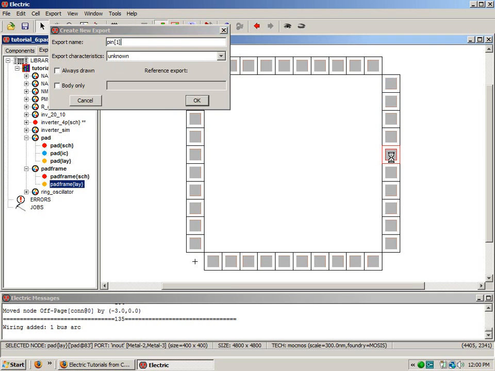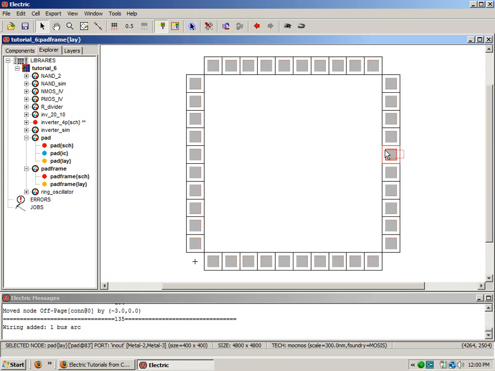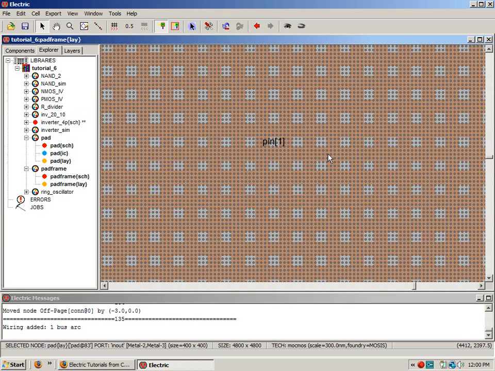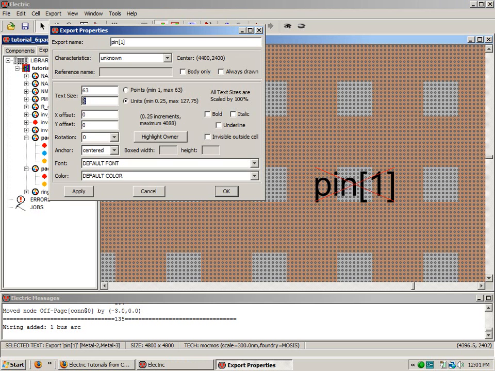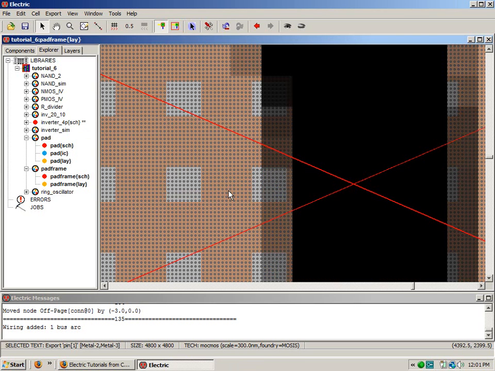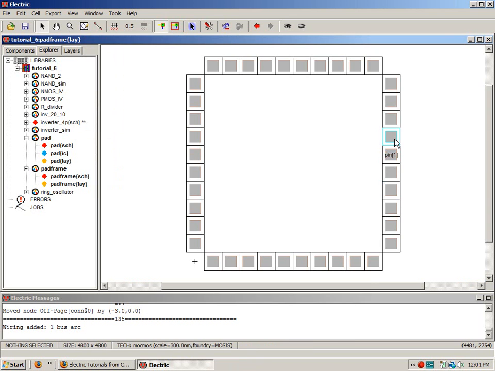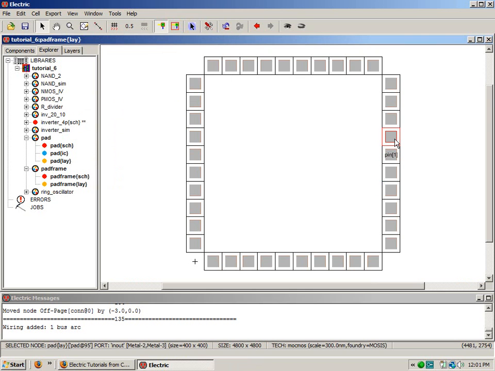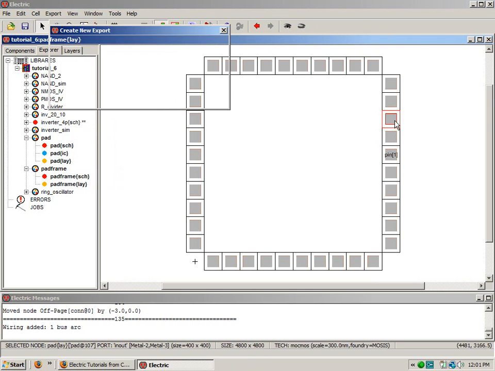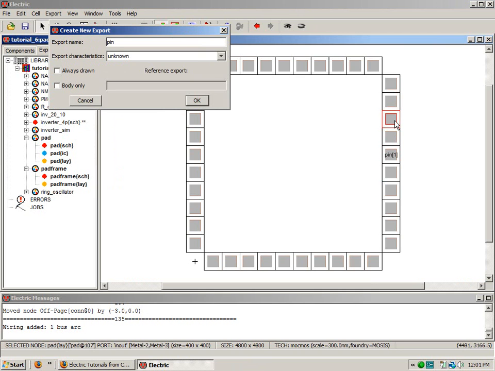Now I can't see the export, so I'm going to zoom in here. It's right in the middle. Use the Control and click, and then make the text size again. This is max 127. I'll make it 125. Okay, now I can see it. So I can do this on the others, and I'm sure there's a trick where it automatically increments, but I'm just going to do it manually, and actually I'm going to go offline and finish this